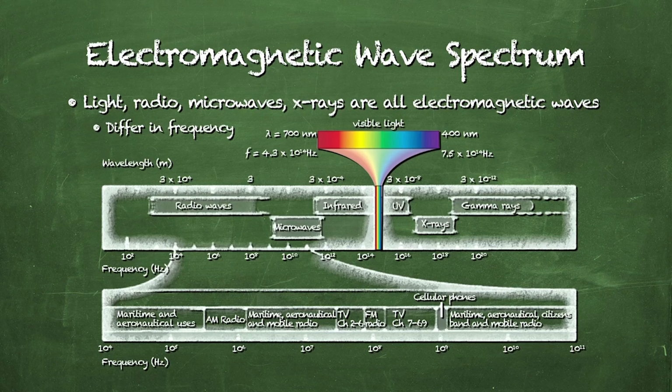That also represents a range in frequency from 4.3 times 10 to the 14 hertz up to 7.5 times 10 to the 14 hertz. And this visible light spectrum is what we originally referred to as a spectrum,